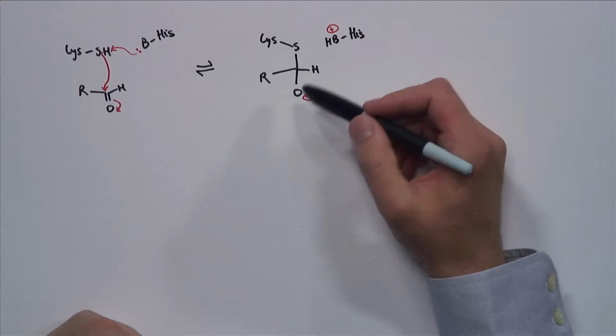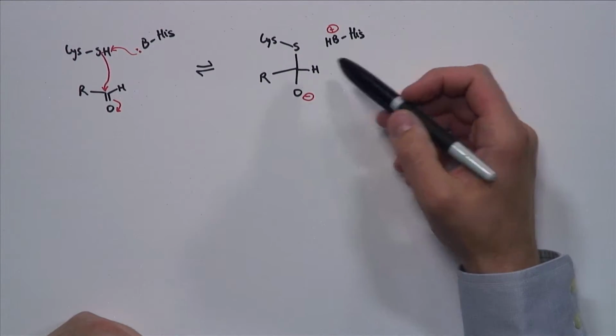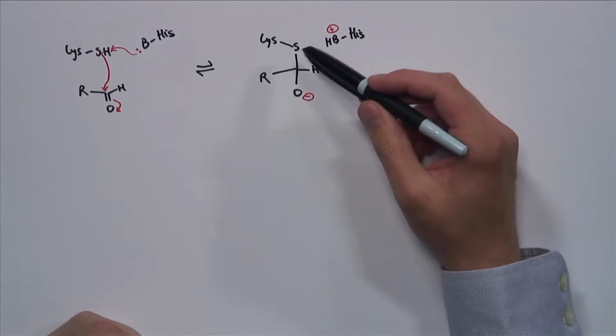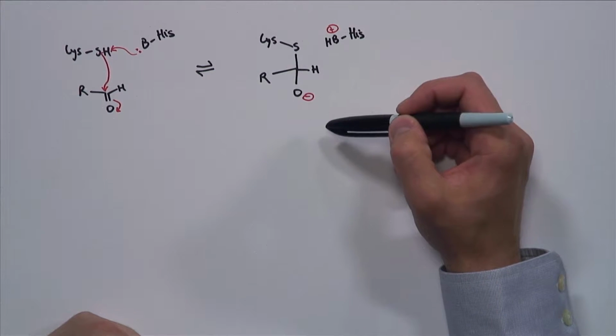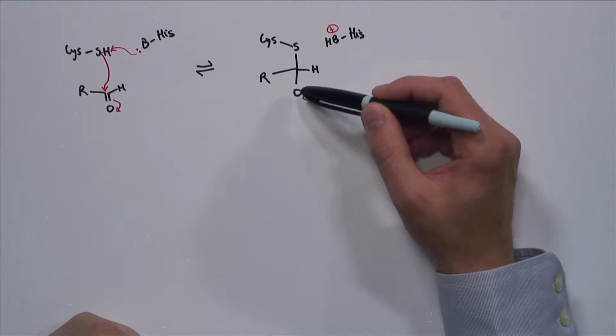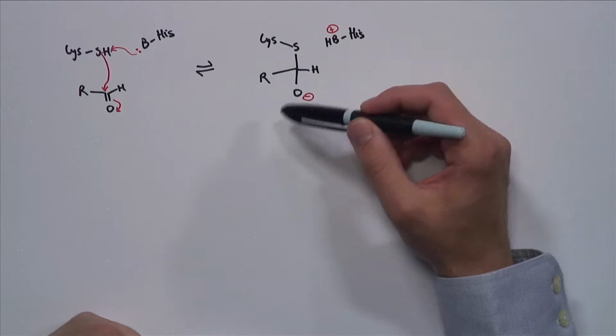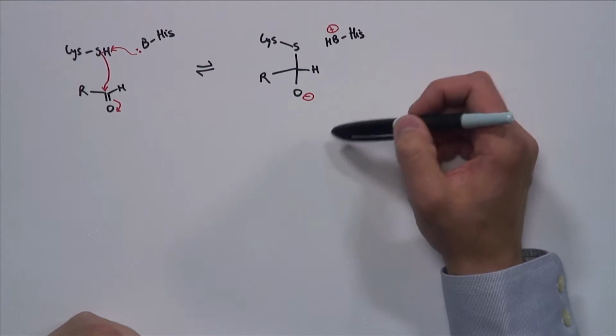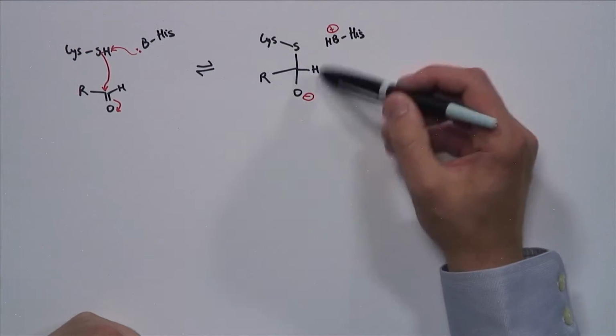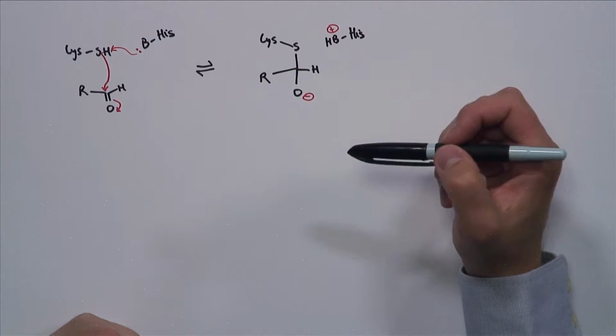An interesting observation, which you can't really tell from the problem: when people looked at the X-ray structure of this tetrahedral intermediate, they noticed that the negative charge on the oxygen is not in fact stabilized in the oxyanion hole that would stabilize such tetrahedral intermediates for the normal reaction. The ability of the aldehyde group to react with the cysteine in the active site and form a covalent bond can readily explain why the molecule would function as an inhibitor.